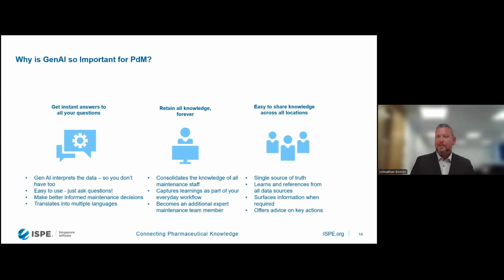Generative AI retains the knowledge forever. And I know forever is a definite term, but for the foreseeable future, we could say. Because it is going to continuously learn. It's going to have the store of failure patterns, of maintenance events. It has reference to the expert knowledge, your user manuals, maintenance manuals,